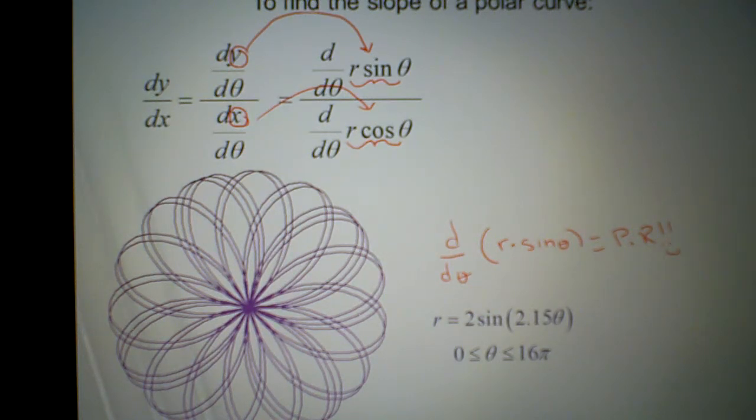The derivative of a product is the first function, r, times the derivative of sine, which is cosine, plus the second function, sine, times the derivative of the first, the derivative of r with respect to theta, I'm just going to call r prime. So I should do that for the numerator,